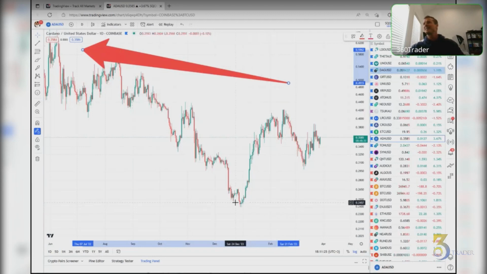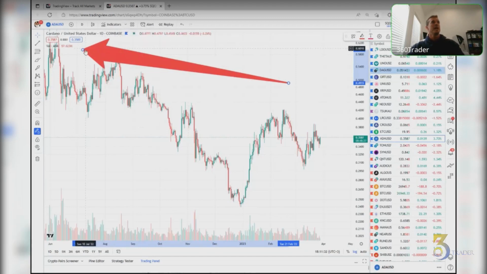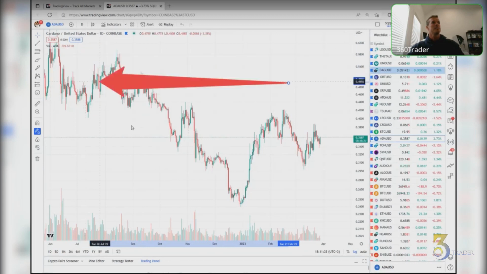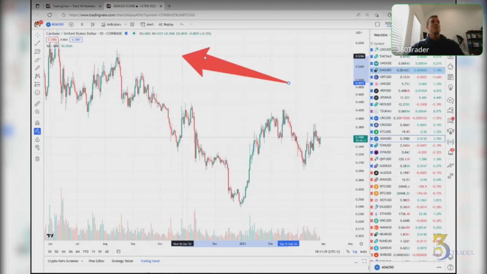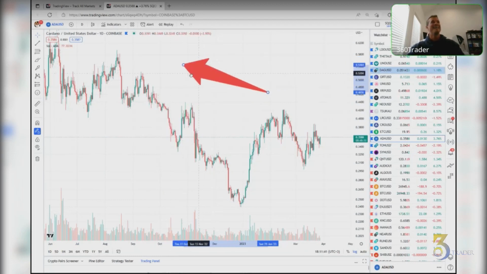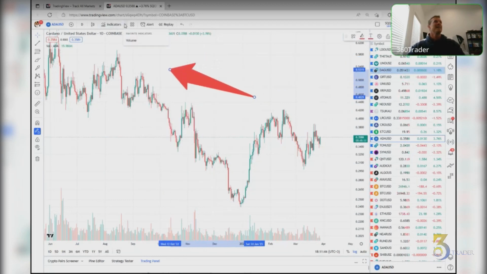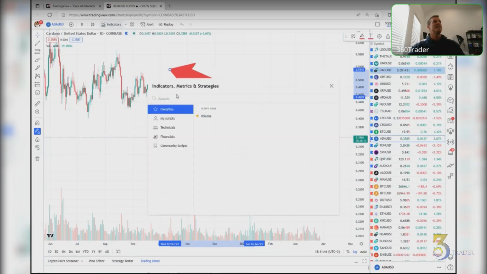There is never a reason to not have volume on your chart. So again, I'm going to go back up here to indicators, click on volume, and there it is again. Bang, beautiful. So that's what I use, okay? You can go in here, indicators, and you can type all kinds of things in here.